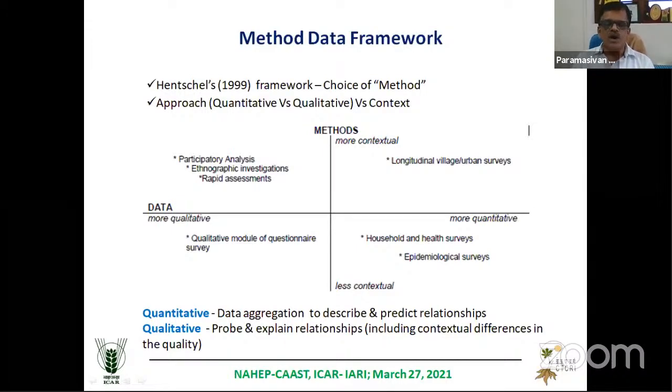prediction. But in qualitative studies, what you will be doing is the probing. Probing is exploration as well as explanation. So the research goals number 2 and 3, including goal number 1, are satisfied by the qualitative research, and the research goals number 4 and 5 are satisfied by the quantitative research. So when you want to achieve something at the higher level, the problem in quantitative research is that you cannot directly go into explanation and prediction, because first of all, you have to describe the things.